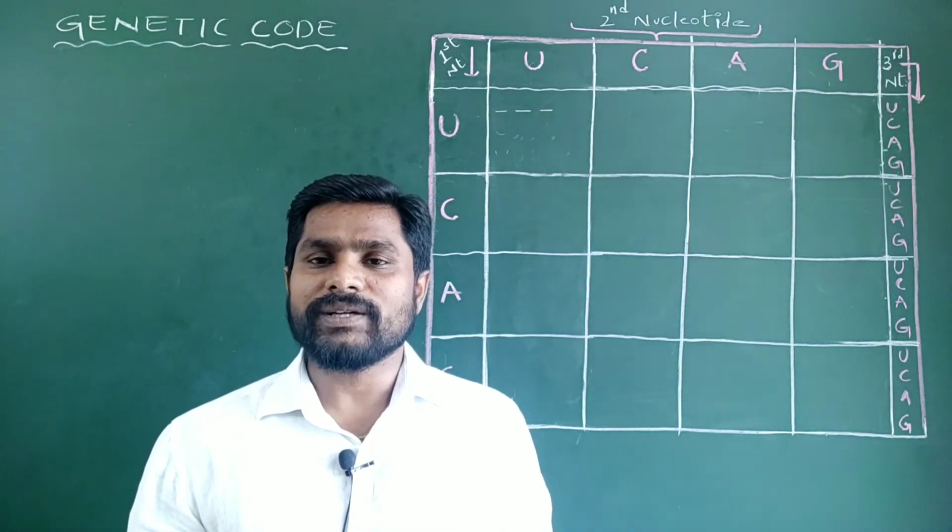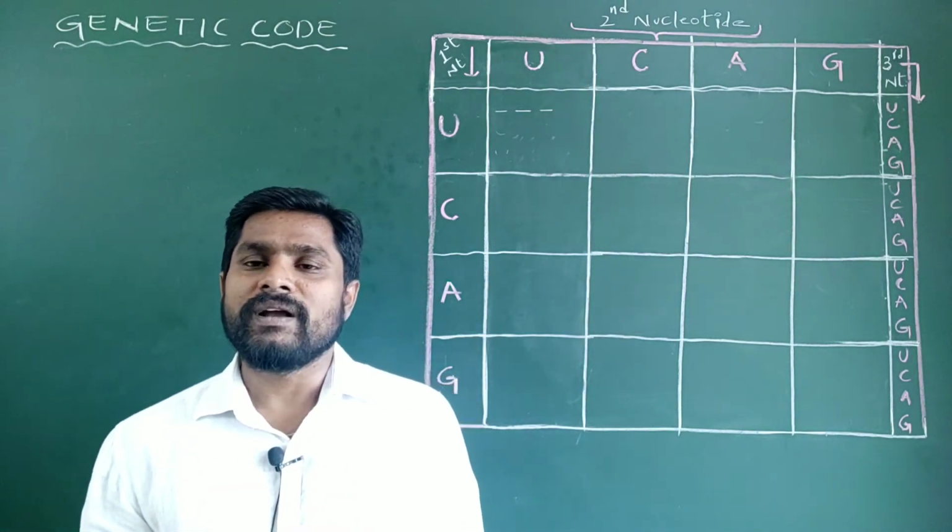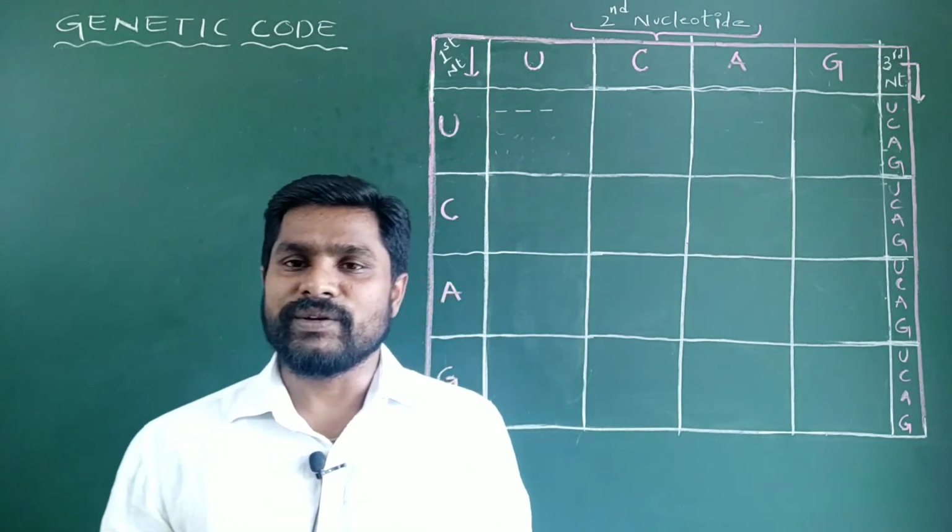Here, you no need to memorize that a UUU triplet codon codes for phenylalanine, ACU for isoleucine and